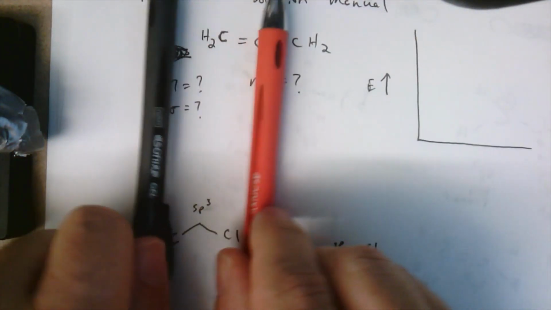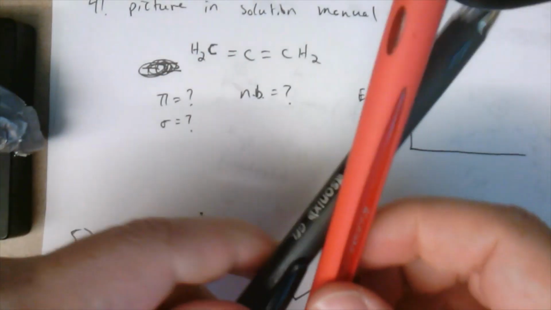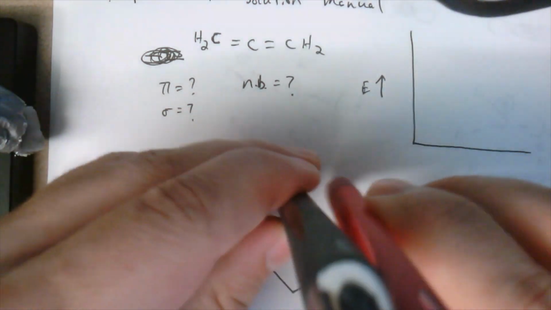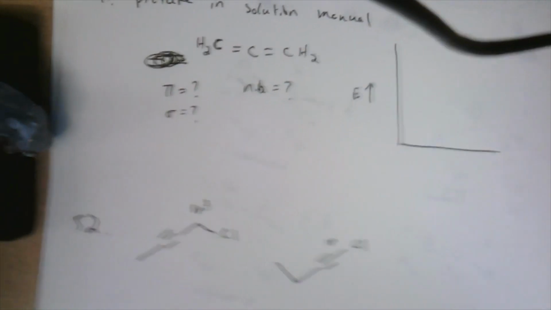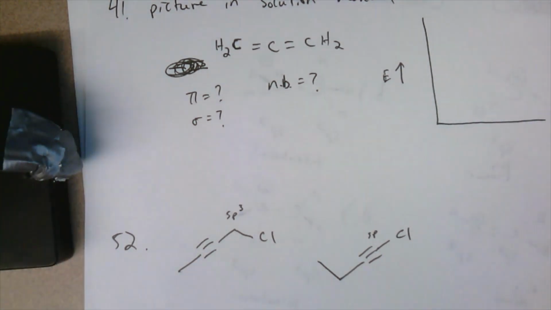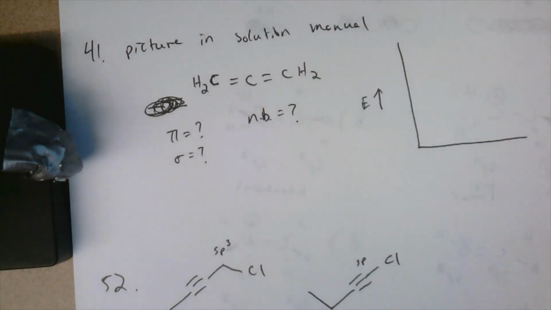So the middle carbon will use the in-plane p orbital on this side, and it'll use a perpendicular p orbital on the other side. Okay, I'm not the best at drawing, so I'm not even going to try to draw it. There's a picture in your solutions manual. You can check that out. But we will talk about this